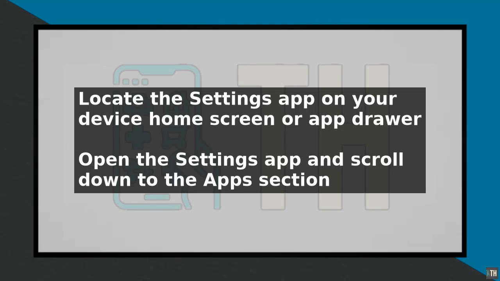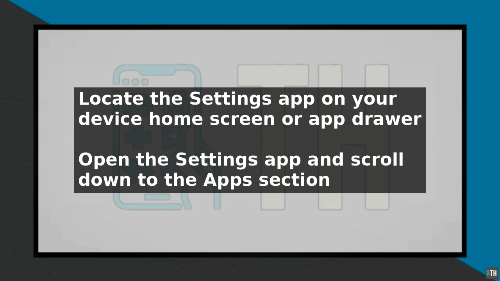To turn on microphone access on Android, start by locating the Settings app on your device. This is usually found on the home screen or in the app drawer. Open the Settings app and scroll down to the Apps section. In the Apps section, select the app you want to grant microphone access to, such as a voice recorder or